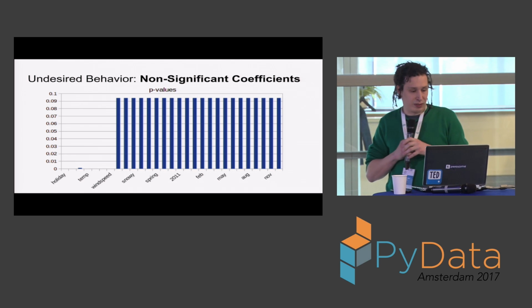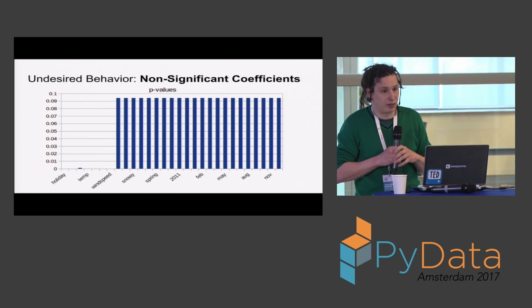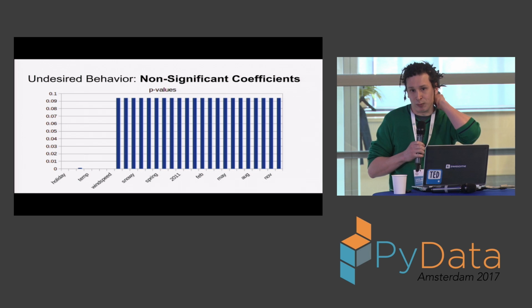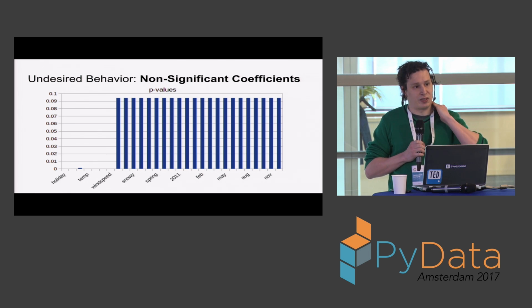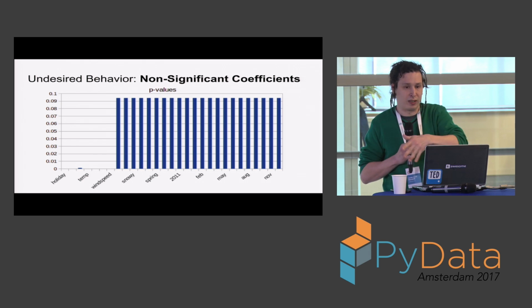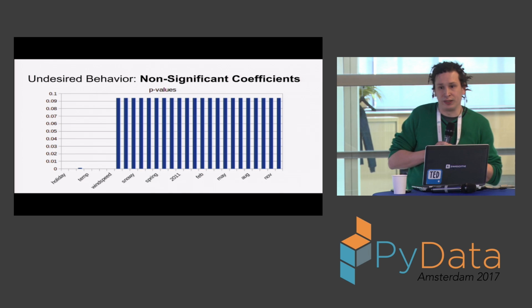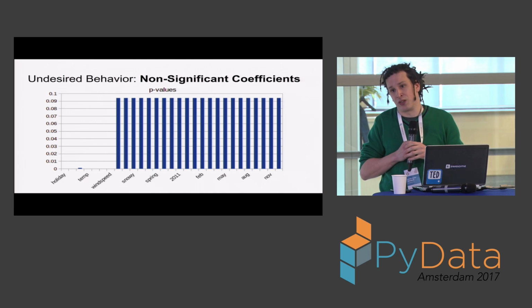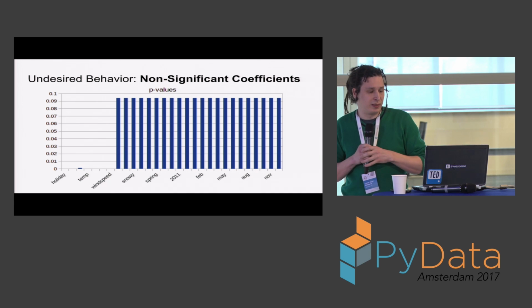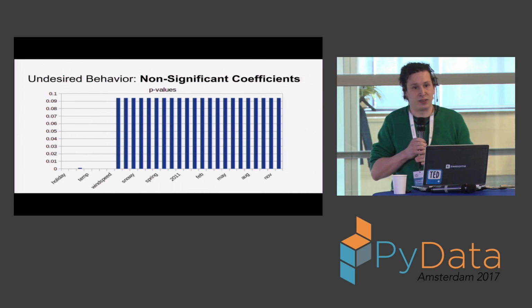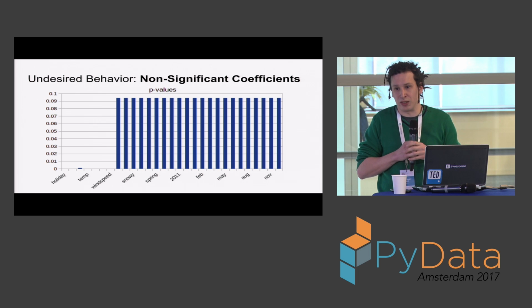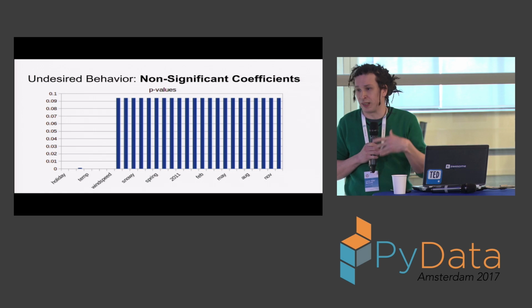And we get the first undesired behavior, which is a lot of non-significant coefficients. So this is a linear model. And what you see here in the x-axis are all the features I'm using. Only a few are labeled, of course. And the y-axis, you see the p-value for a t-test for correlation of the input variable with the output variable. So essentially what this means is that the model fails to find significant correlation between the input variables and the target variable, which in this case is the amount of